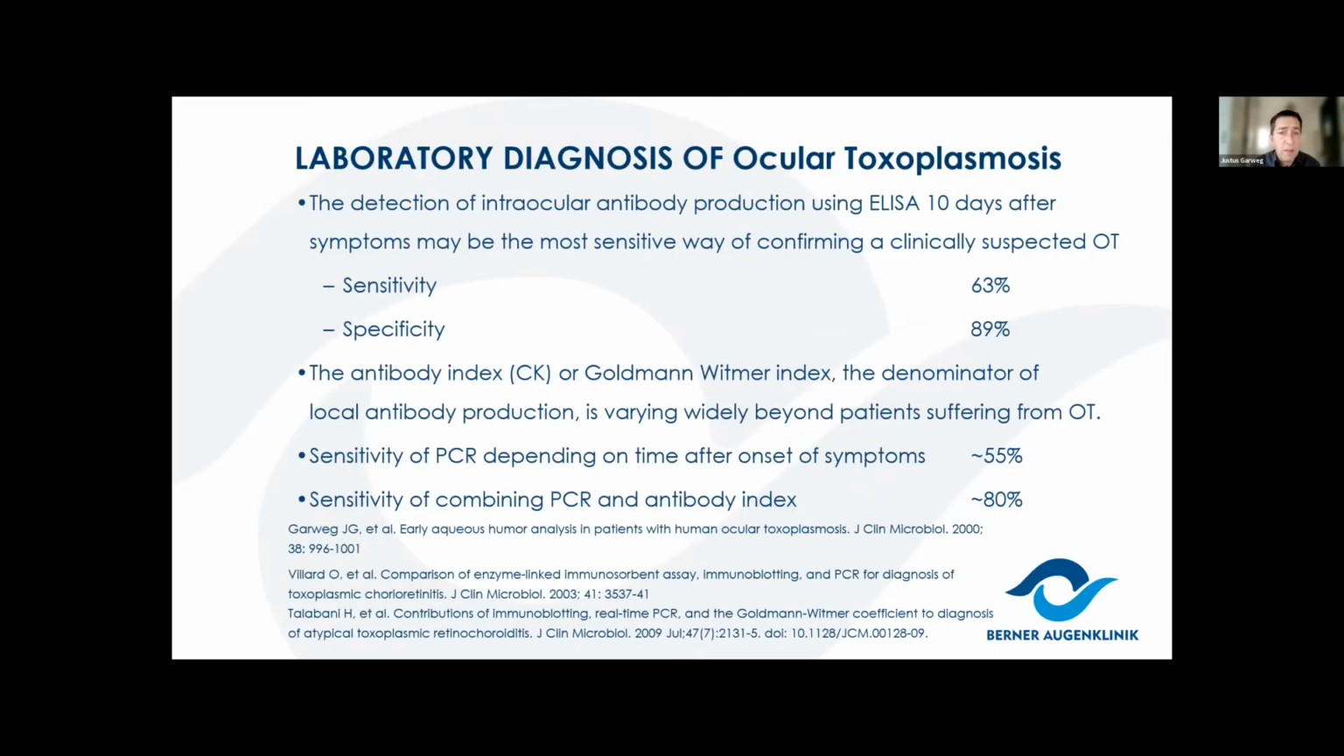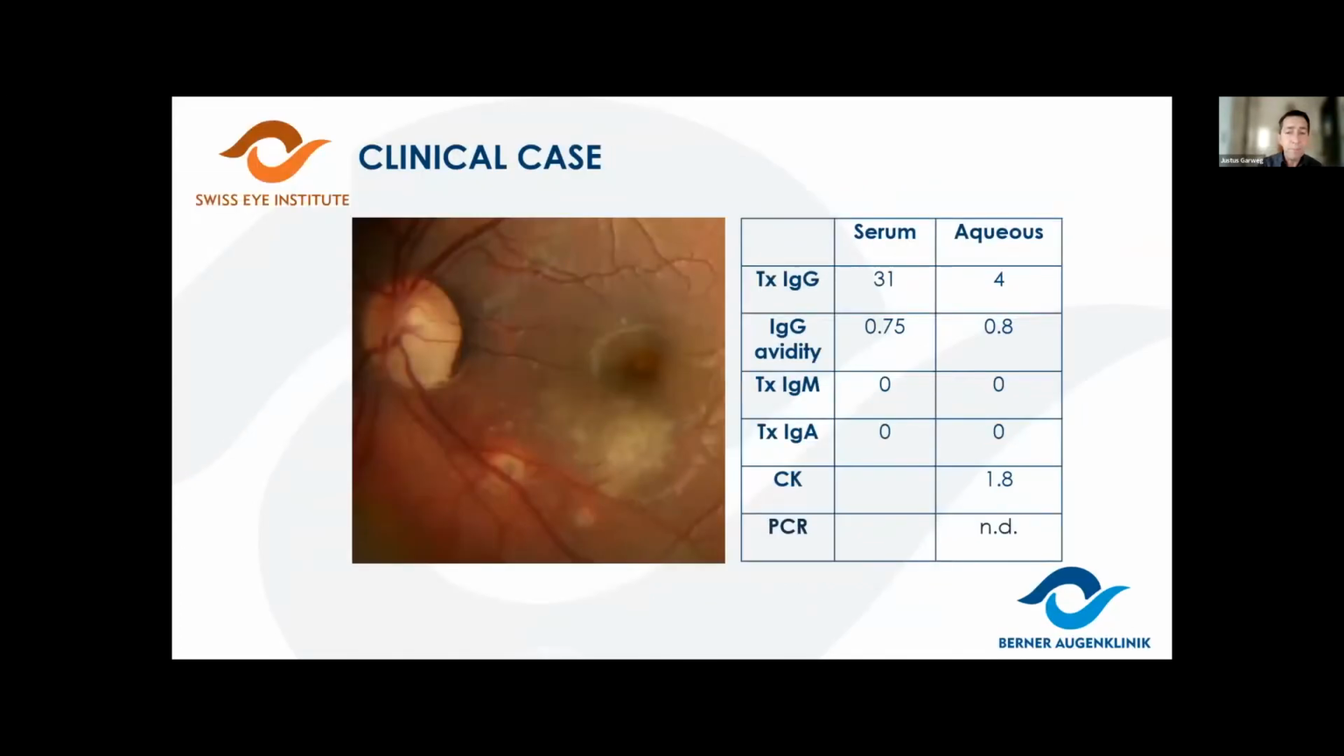To summarize, the detection of intraocular antibody production using ELISA after 10 days has a sensitivity of only 63%, while PCR has a sensitivity of 55%, which is almost as high. If you look later, then the sensitivity of antibody tests will increase, while the sensitivity of combining PCR and antibody index adds to 80%. And here's a typical case where you would want to have the answer: is this toxo